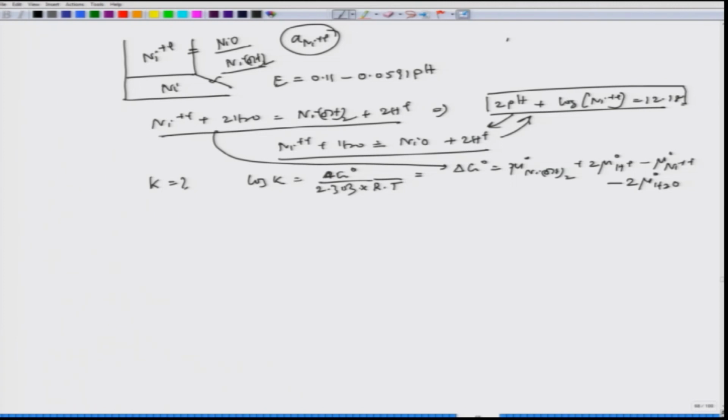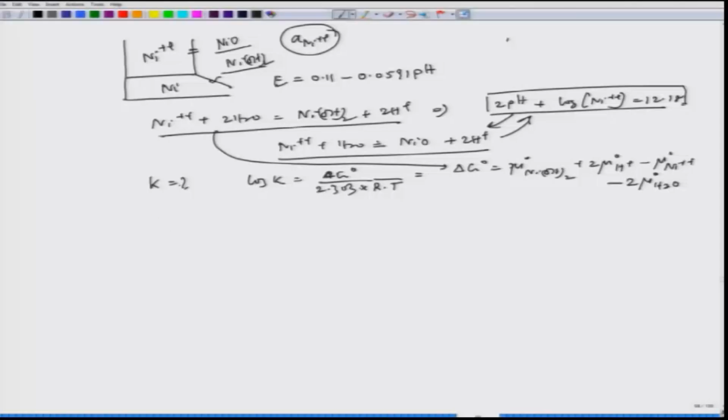So, that is what you are getting. The main crux is that you are trying to plot the corrosion zone, immunity zone and passive zone, but this Pourbaix diagram is not complete if you do not put in the equations or reactions which involve not metals but oxygen, dissolved oxygen, hydrogen evolution, H2, H plus and OH minus, and of course, water. So, I mean to say that this E versus pH diagram should be complete